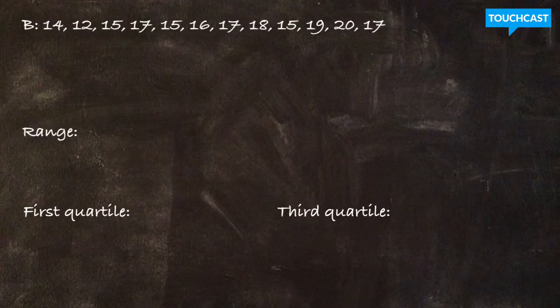Alright, let's try that again with another set of data. We're going to start by putting this set of data in order from smallest to biggest. So our smallest number is a 12, and we're going to work our way up to the biggest number, which is a 20. So we've got 12, 14,